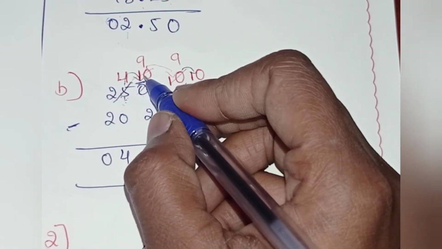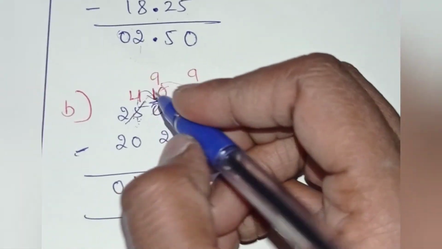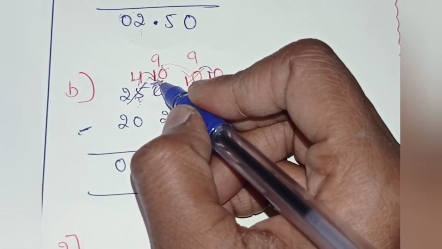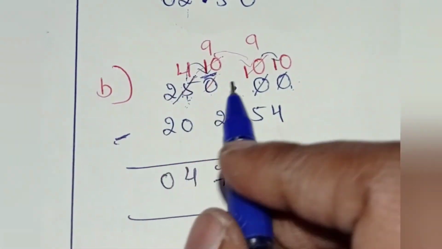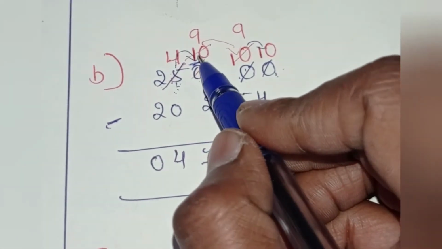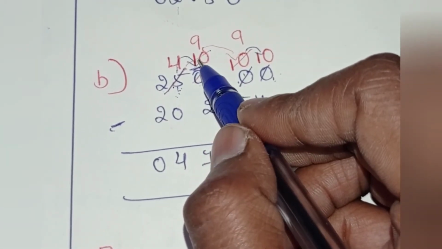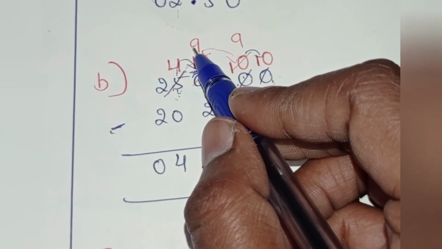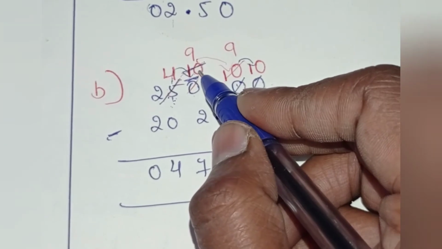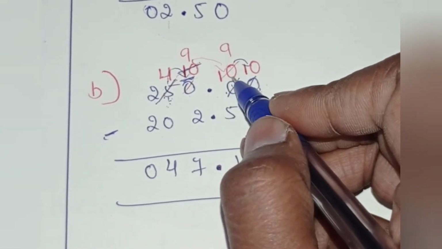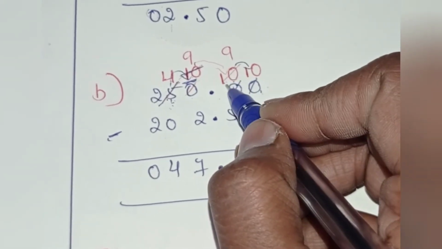Now I can borrow 1 from this 10 to this number now, children. Yes, right? That's why I borrow 1 from this number to the next number. Okay. So if I borrow 1 from this number, what is the value that remains here? That is 10 minus 1 equals 9. Right? So 9 remains here. Here I strike out 10. Now here also I have 0. Again I'll borrow 1 from this number.